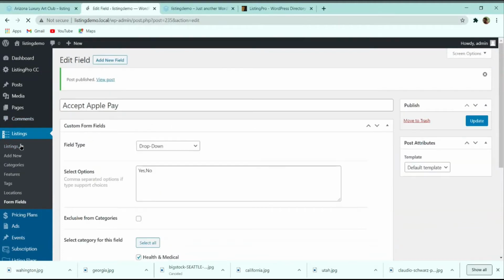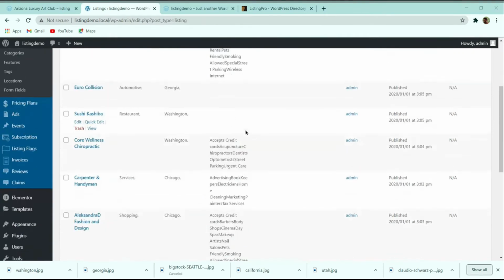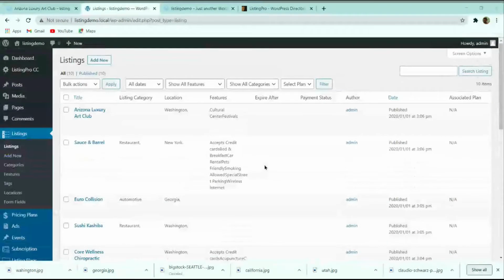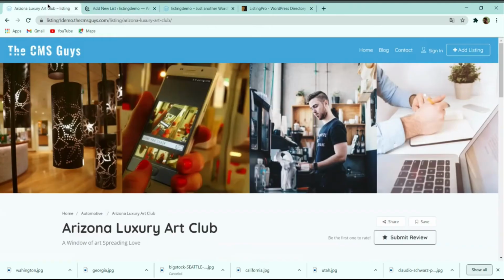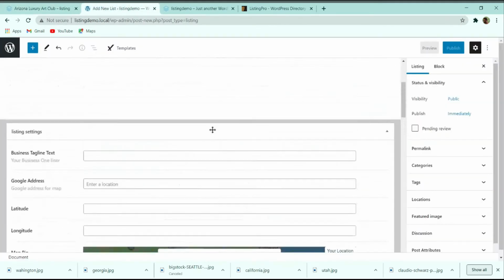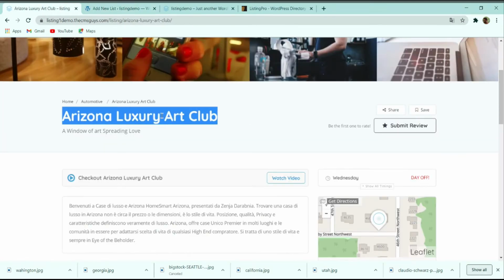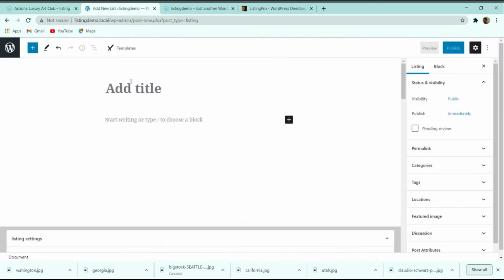After that, let's go to this listing part. So now here you can see that you are getting some pre-installed listings, and then let me click here for adding a new listing, and let me show you how you can do this. So basically here you can see that this is the listing, and suppose you want to add this listing, let me copy the name from here, and in this title part I will paste that.